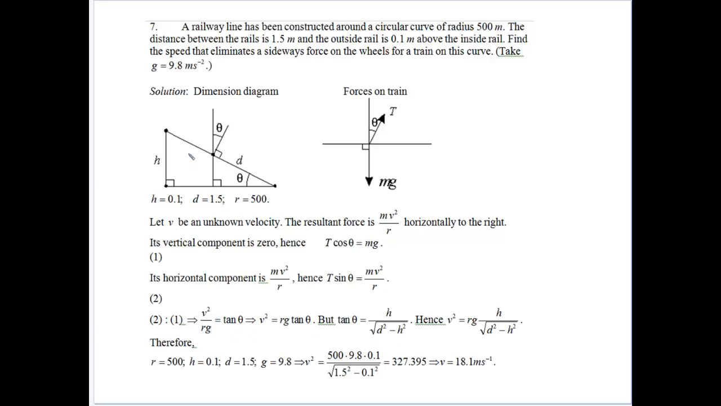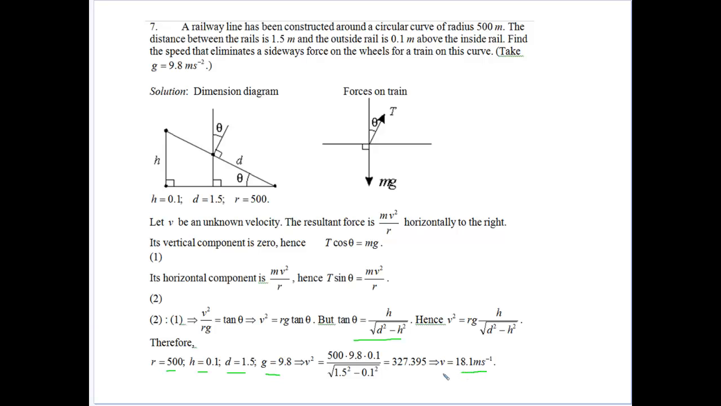Now from this as well, we know that h on d, as we did before, the square root of d squared minus h squared. So applying Pythagoras' theorem here, we get tan theta there. And we can put tan theta in there. So v squared equals rgh over the square root of d squared minus h squared. And we know all those. We know what d is, we know what h is, we know what r is, we know what gravity is as well. So we do that substitution, and we're able to find that the velocity would be 18 meters